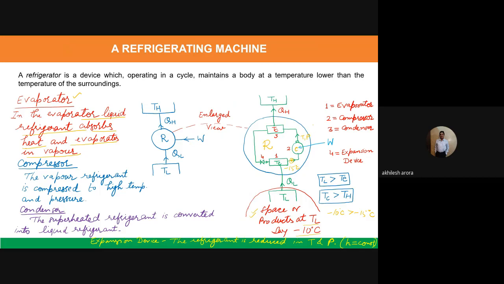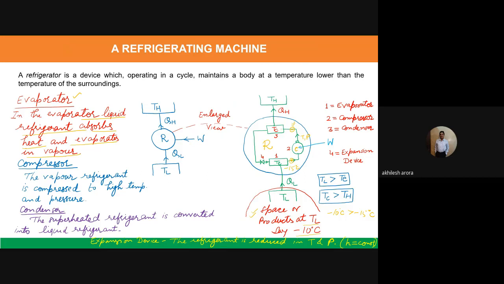The temperature here is so high that it is even higher than the ambient temperature. So this refrigerant vapor is now in the superheated state at this particular point. You may not be knowing much about the superheated state, but let me tell you, it is somewhat similar to the gaseous state actually. So the refrigerant at this particular point is at a very high temperature and high pressure.